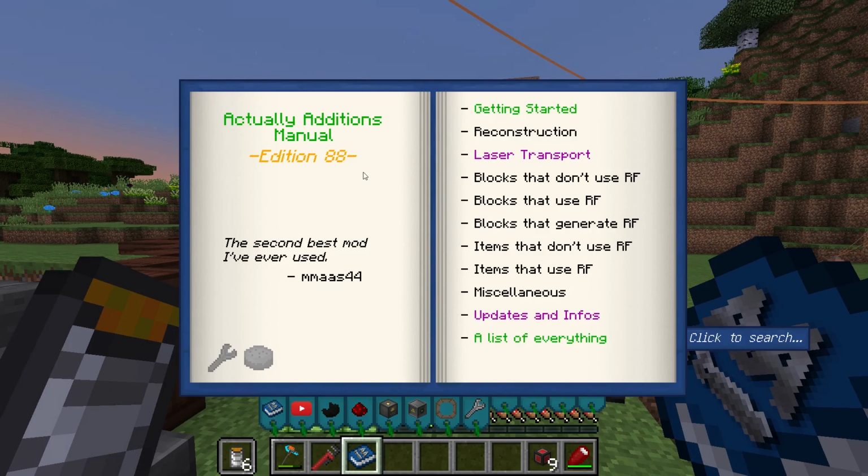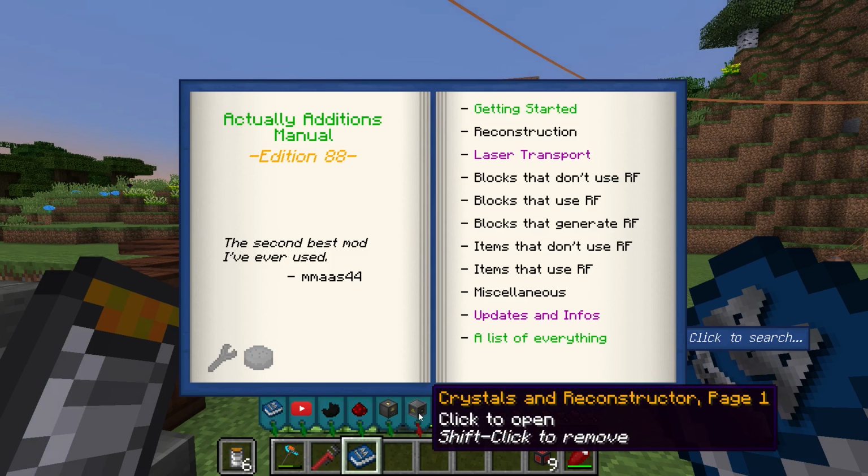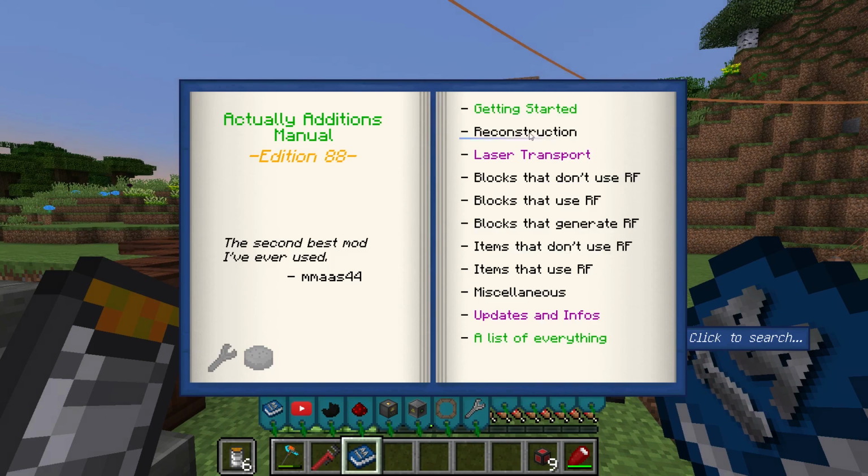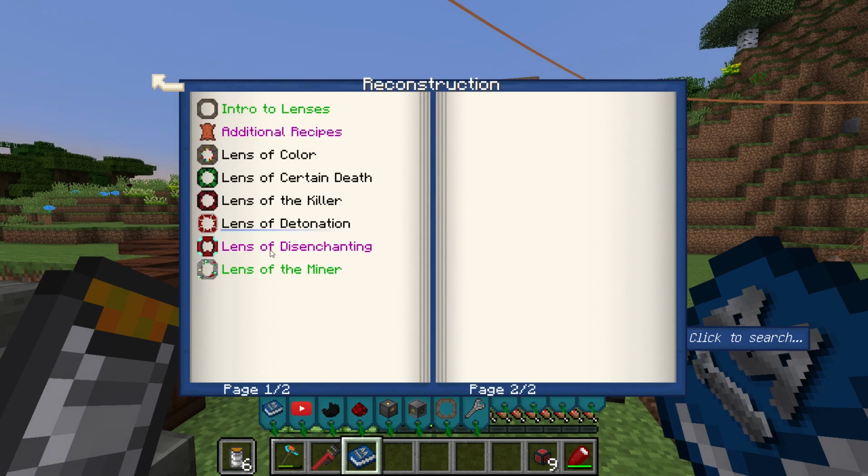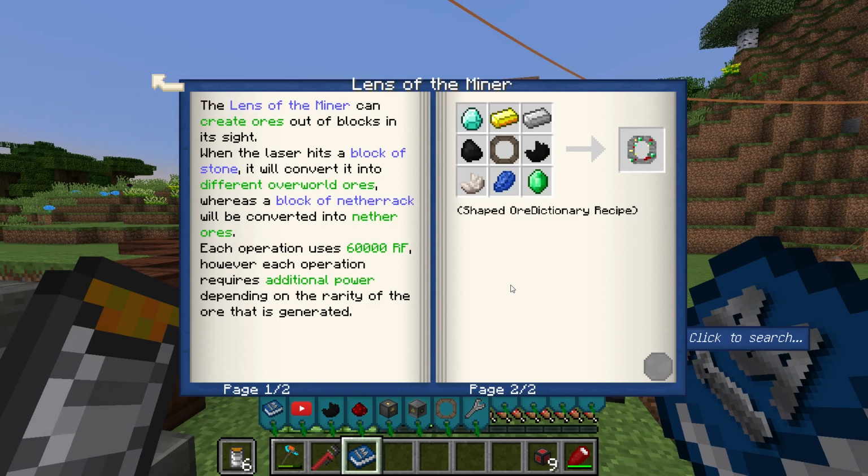And this should be very interesting as well, because we did the quantum quarry and some of the other options as far as ore generation goes in my single player series. However, we are going to be using Actually Additions to generate our stuff here, and we're going to be using the lens of the miner, I think. Assuming this generates all of the different types of ores we will need to do stuff. And so it uses quite a bit of RF, but it only generates ores,